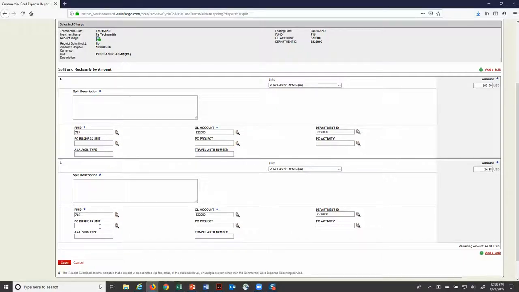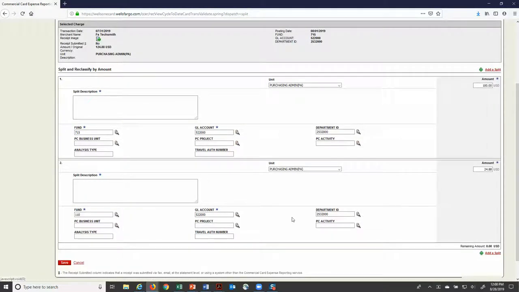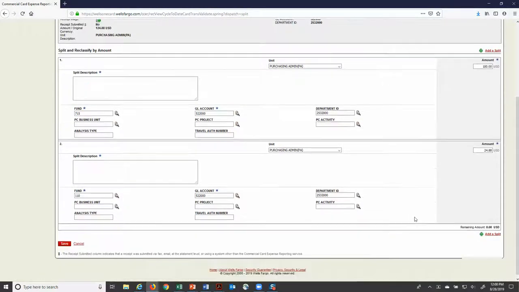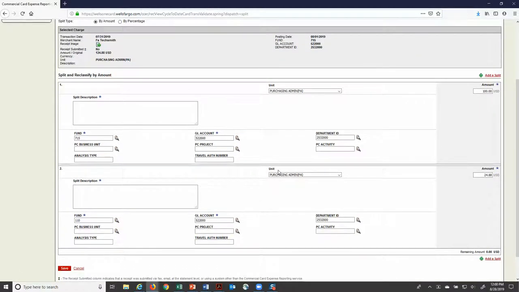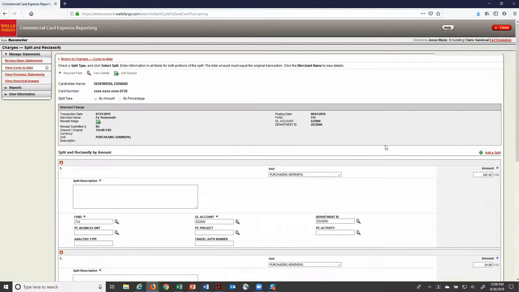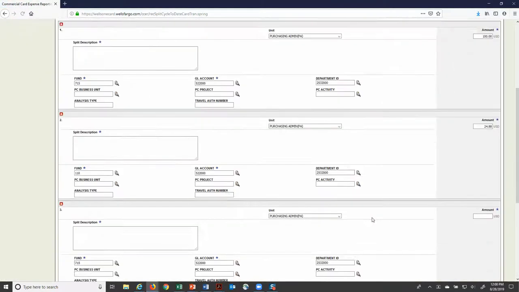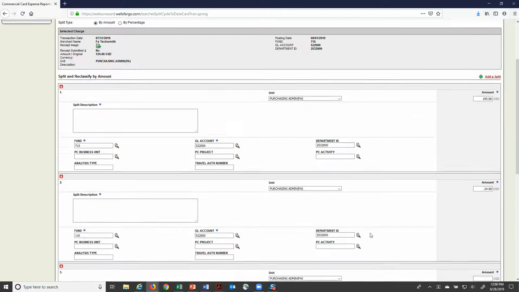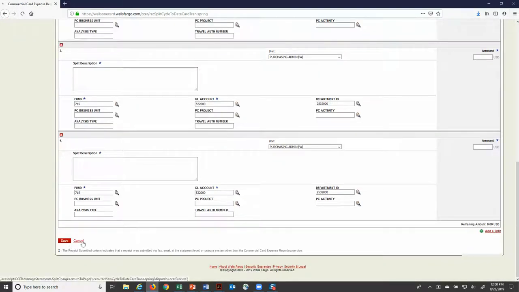goes here. And I want to change the fund, and I want to leave the account, everything there. I would simply hit save. If I need to do it by more lines, 3, 4, 5, etc., I can simply click the add a split and it'll add a new line, and so on and so on. So you can add as many as you need to. Once you're done with this transaction, you can hit save and it will allocate